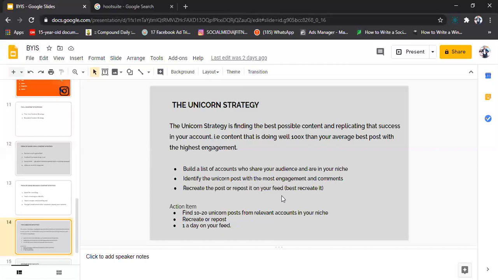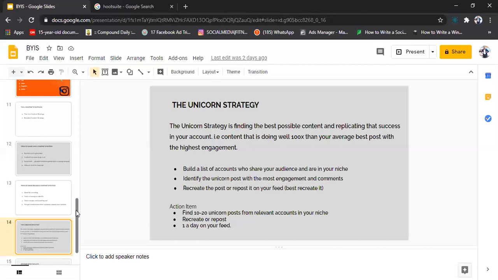You can also do it like that, okay? So that is just how the unicorn strategy works. It is very easy. Do not play with this unicorn strategy. Founder Magazine, I don't know if you guys know Founder Magazine. This is one of the strategies they used in growing Founder to about 2 million right now. I was in one of their free classes, and they shared it, and I tried it. You already saw the result there. So it works.